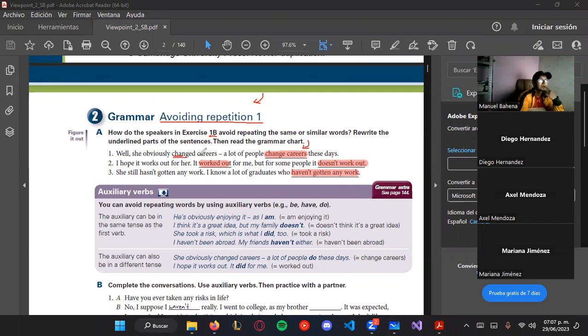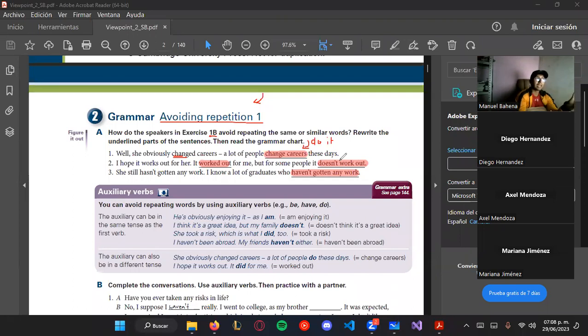Hang on, Axel, hang on. Just a sec. A lot of what? Do it these days. Do it, exactly. Yes, a lot of people do it these days, all right? Which means they do exactly the same. They change careers, but we don't say those words again. We don't repeat it. We say it in another way, which is do it. A lot of people do it